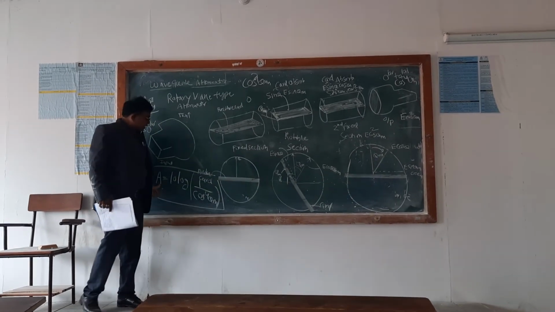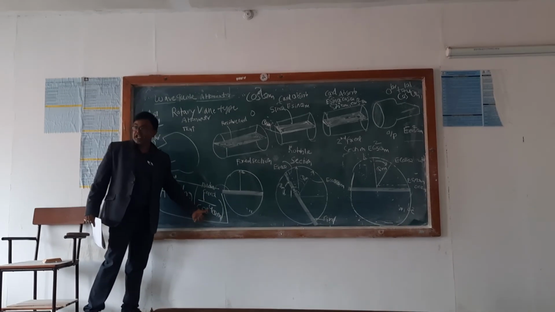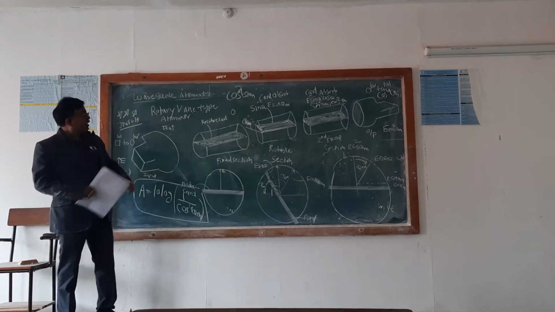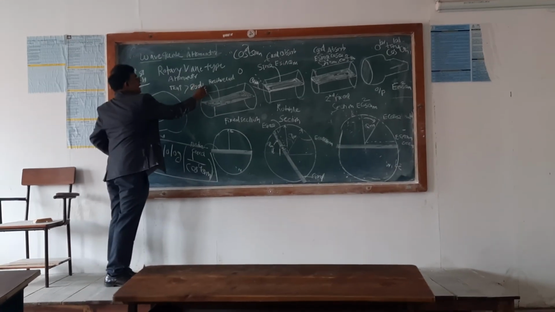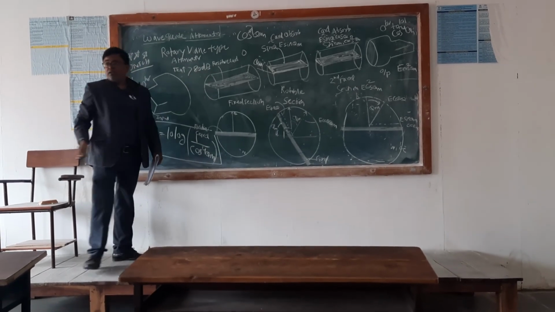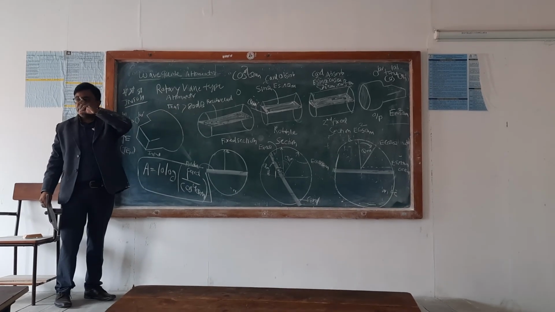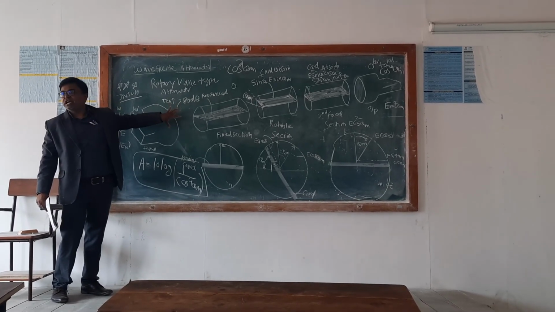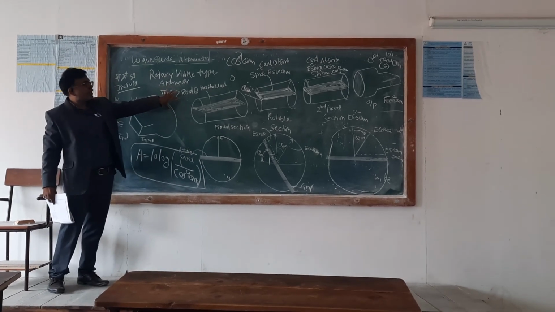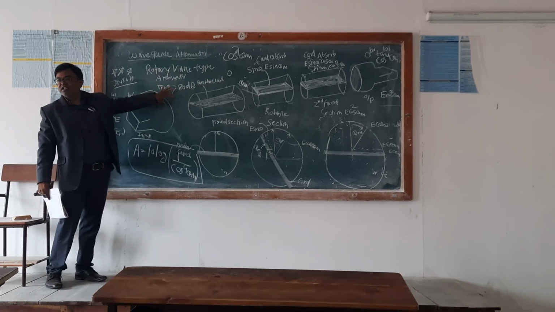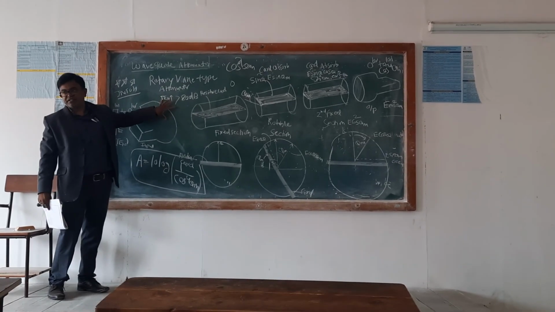So here the attenuation is equal to 10 log of 1 upon cos to the power 4 theta m. Here we will achieve greater than 80 dB attenuation. So this rotatory vane attenuator is very important. It gives you a calibrated attenuation. That's why this variable rotatory vane attenuator is utilized in the microwave lab, because it gives you calibrated attenuations. Thank you.